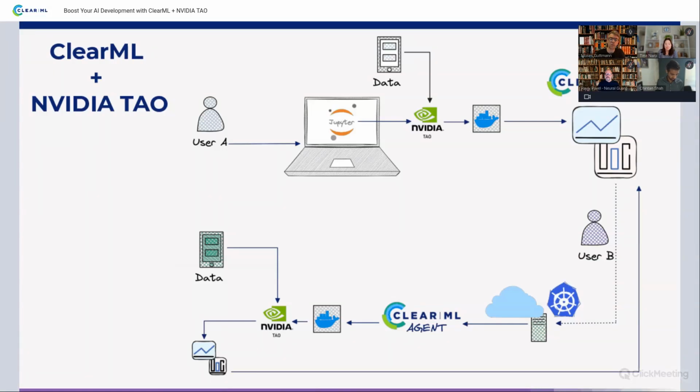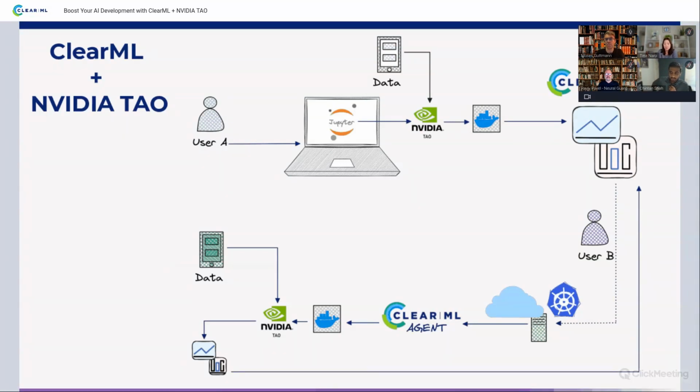What ClearML does is create visibility into this process. So while you're running it inside your Jupyter Notebook connected to NVIDIA TAO, what ClearML does in the background is log everything. That means you have scalars and accuracy numbers and debug images on everything that's going on inside the training or inference process. With that happening in the background, everything is logged to ClearML. So everything that you're doing, you can later compare and trace back to the specific data sets and parameters, etc.